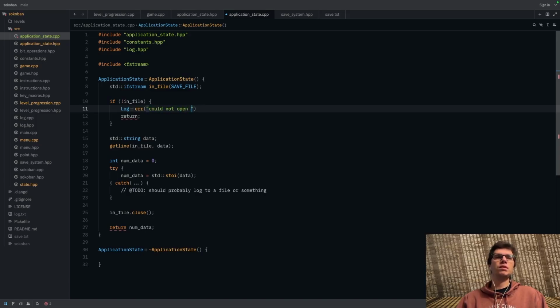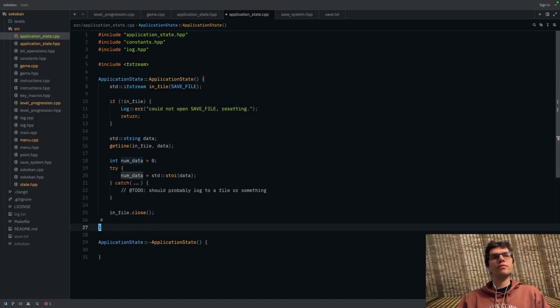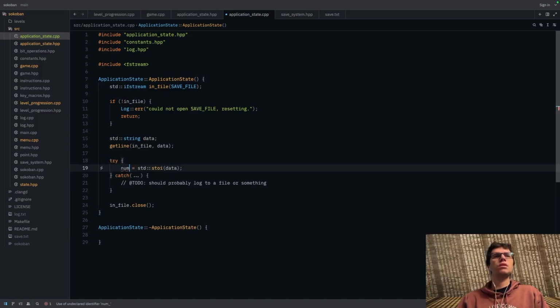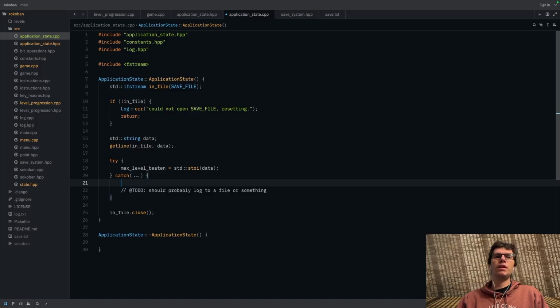Open, save, file, resetting. So now we just do this, and now instead of doing the num data, we don't even do this. What we just do is max level beaten. And then, yeah,